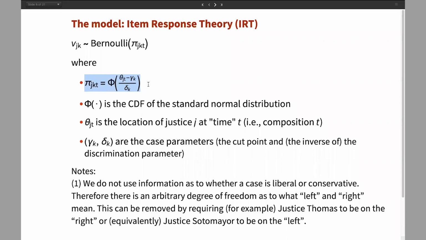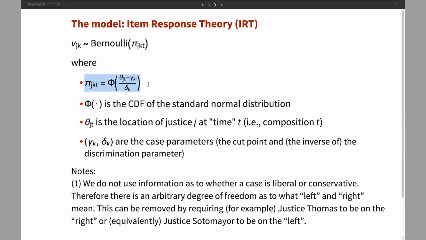If you look inside the CDF there for where the parameters show up, there's a couple of things you can see. If you change the sign on all the parameters, nothing changes. What that means is this model knows nothing about absolute left or right. We have to tell it. And we're not using any information from the cases that says that. So we have to ultimately say, well, Justice Thomas is on the right, or Justice Douglas is on the left. Once we pin that down, everything is determined. But we have to say that because it could just